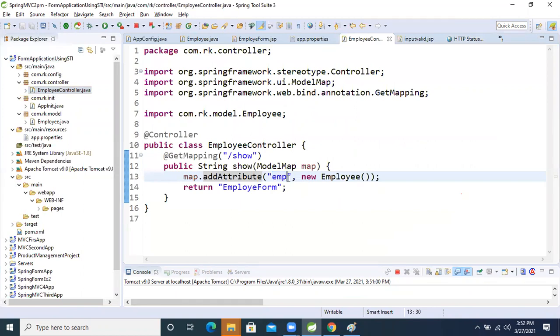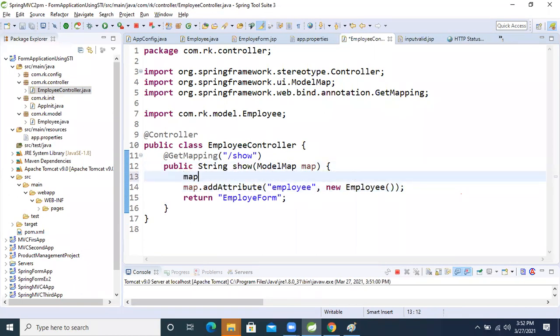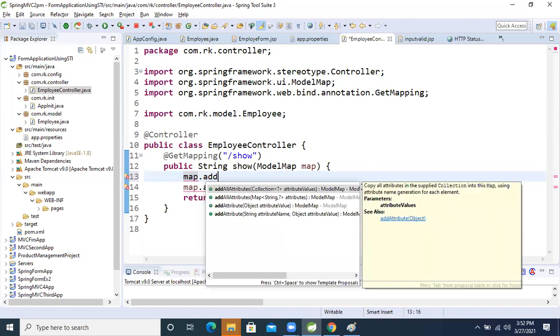Okay, here I'm taking the employee. But whatever we take here, add attribute. This one also correct only. Map dot add attribute.